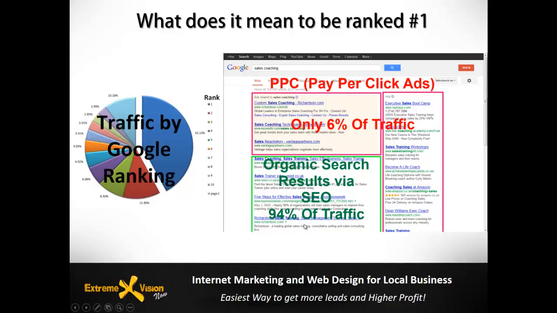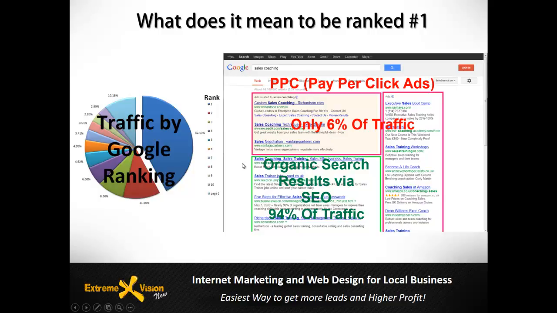It's very vital for you to know, and if you do not know this, this is probably one of the massive pieces of information that you need to take away from this presentation: only 6% of traffic actually goes to these spots here. 94% of traffic goes to the organic search results, and almost 90-something percent is just on page 1 of Google. So very few searchers actually go past page 1.